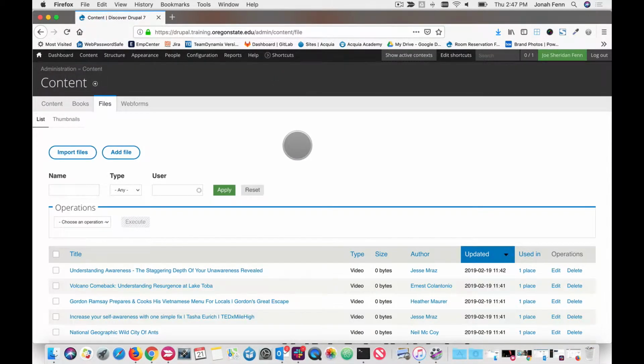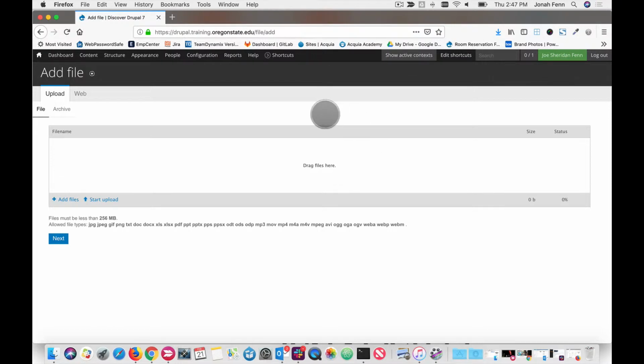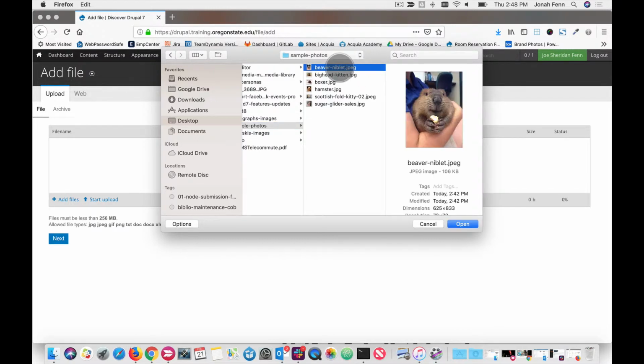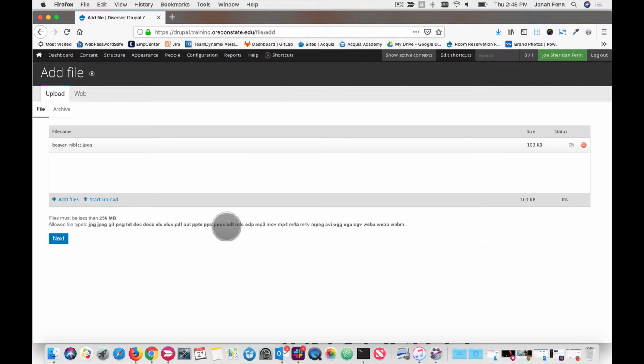Once we are on our table of files, then we just very simply click the Add File button. So you'll come to kind of a blank, almost looking page. It's really simple. Just look for the link that says Add Files here and click it, and it will open up a dialog with your computer. So then you locate where your files are, grab a file, hit Open, and then click Start Upload. It happens very quickly. So once this is grayed out here, you just click the Next button, and it'll take